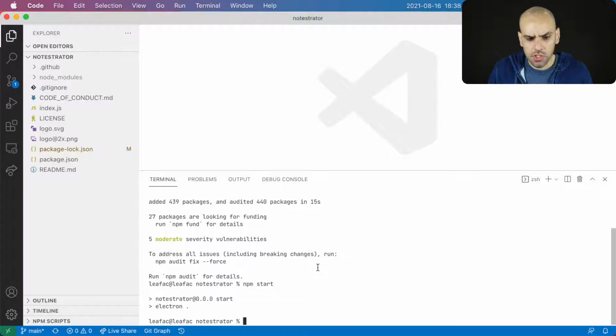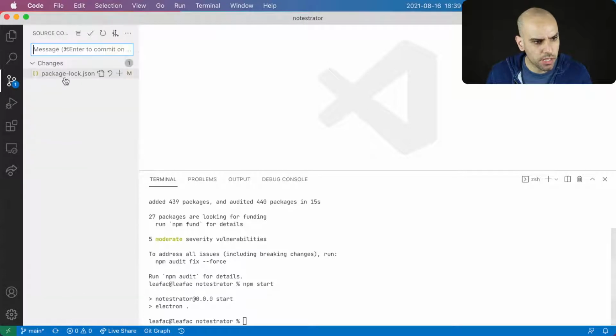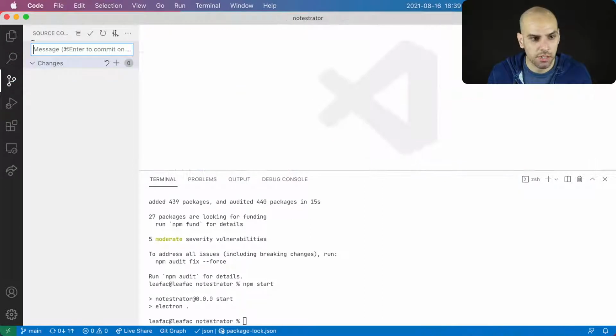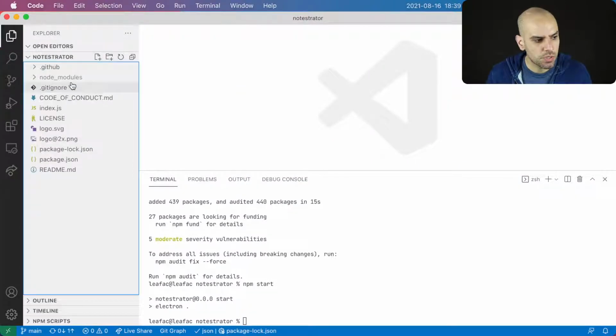So let's jump into the code and continue with what we were doing. So first of all, this is a new computer. On Friday, I streamed on Windows, and many things on Windows are broken in the app. We still have to figure out what's going on there, but we are back on Mac, so the app is supposed to work. And I ran npm install, and for whatever reason it updated the package JSON, but I am not going to worry about this. I'm just going to commit whatever this is, and we are going to continue